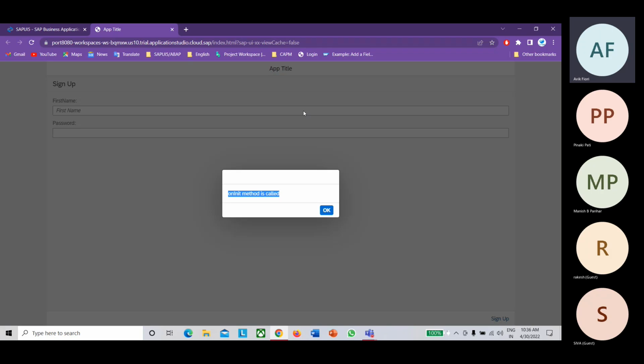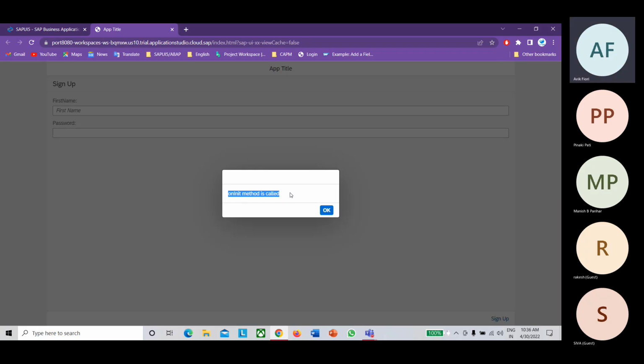So for every control, for example, as soon as I load this app, the registration page is the default page for this app. So for that page, I have added the onInit. So the onInit method is already there, and inside that, whatever you add will be triggered only once. But as I told you, if you go to the next page, like the login page, and then come back from the login page to the registration page, that onInit method won't trigger. So always remember it.